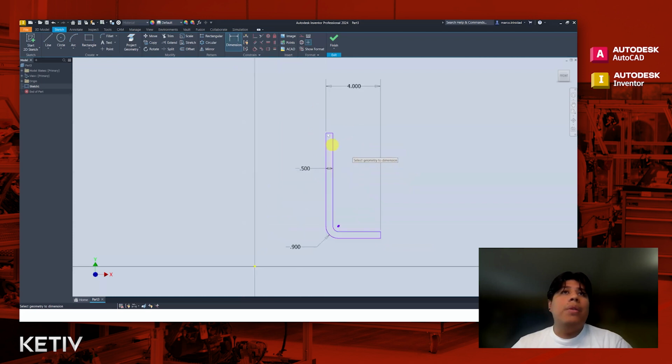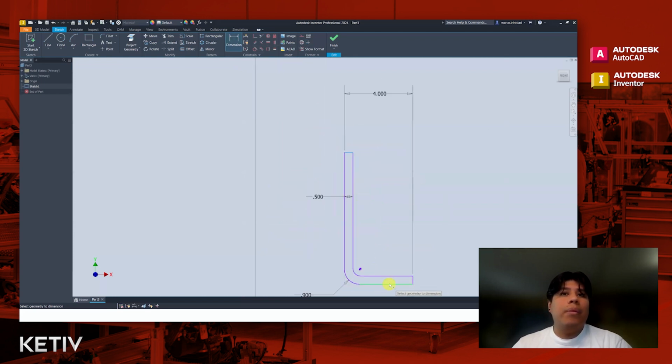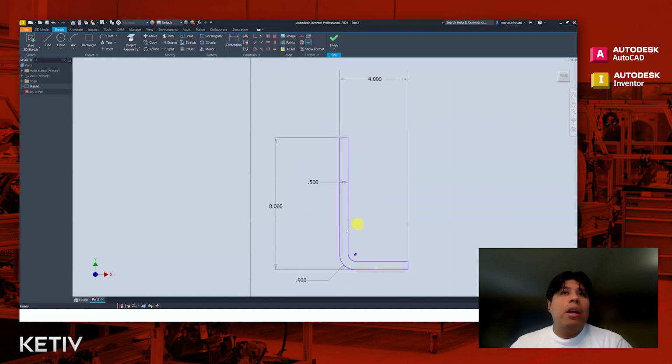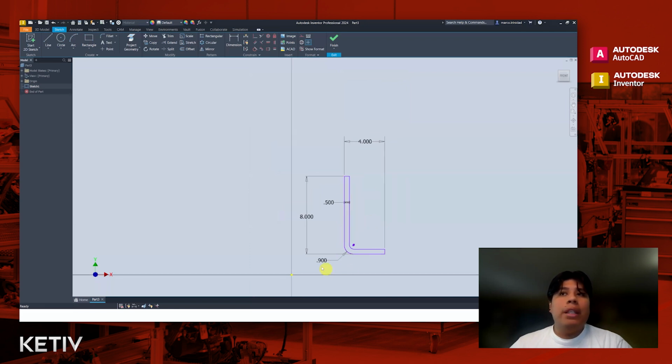And then also a vertical dimension. Now, right now, it looks like I have everything that I need, but it's still showing that I have 7